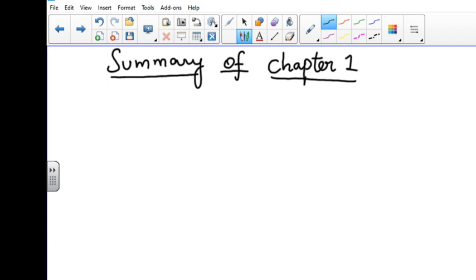Okay, so if you memorize all these results, notes, and the method we have to apply to solve linear equations, it will be much easier for you to revise after completing chapter 1. After completing chapter 1, you can summarize all these points. It will be very useful when you go for the test. Okay, let us start.